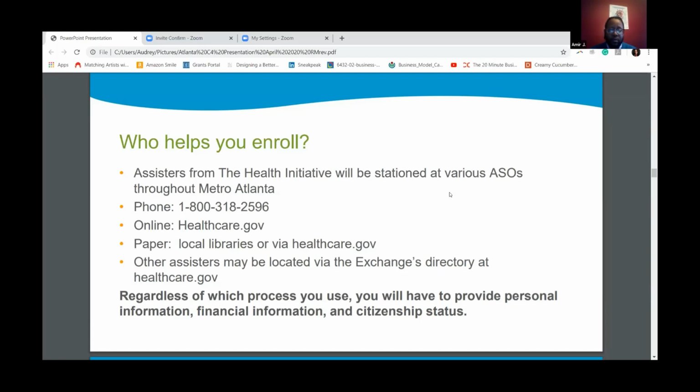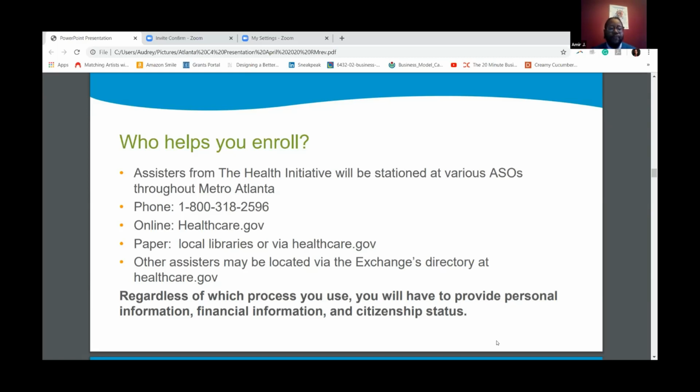I referenced this a moment ago in the beginning of our time together, and I just want to reiterate, enrollment assisters do not receive a commission. All of their services are free of charge. With an agent or broker, however, they may receive a commission or an hourly rate for their services. And with an enrollment assister, one way to verify that they are who they say that they are is on the Department of Insurance website. My name is listed, as are other individuals that have recertified or certified in our state to provide information about the exchange.